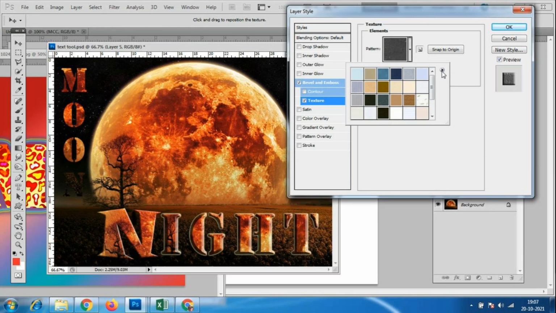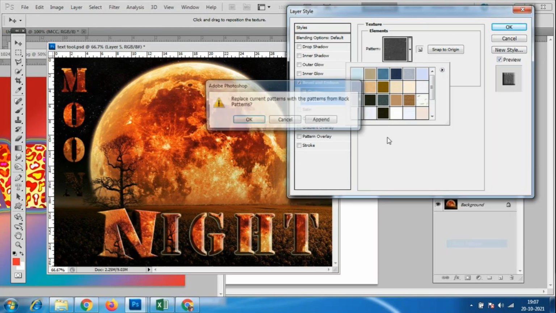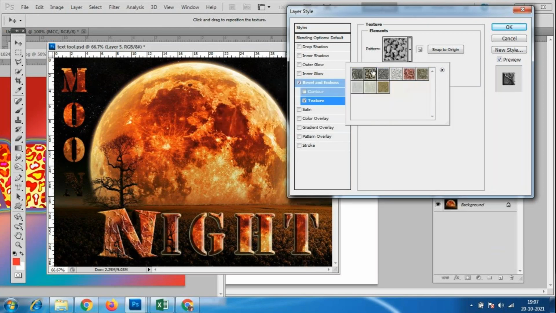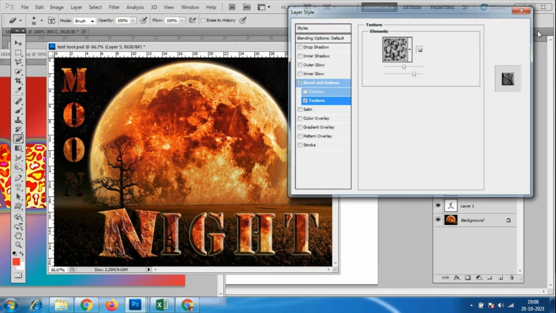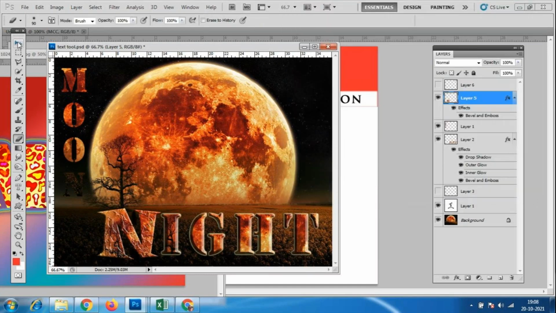Photoshop is a very huge software. It's a rock pattern. So this is the rock pattern. So I have given this rock pattern. Look at here, the texture which I am using. With the texture, I'm keeping this pattern only. Okay, only for the stones I have given this. Let us see if I give it for this one.